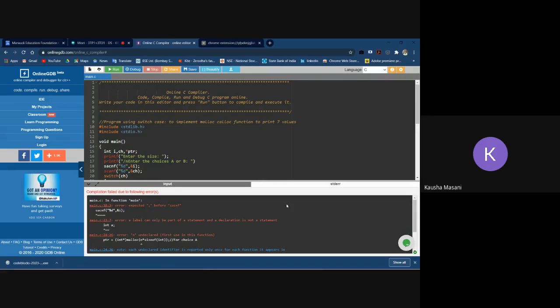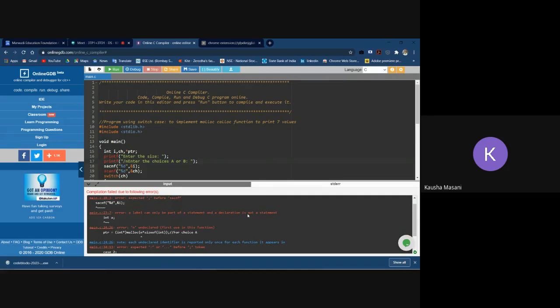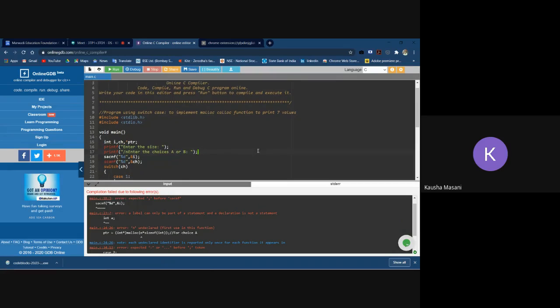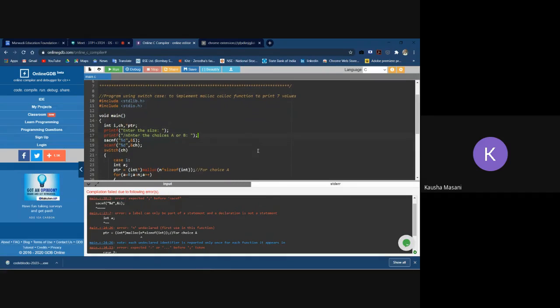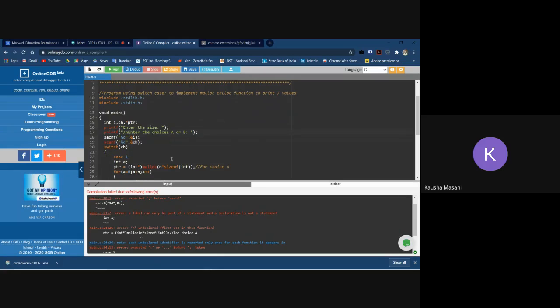Comma before scanf. Your second printf statement. Label can only be part of a statement. Declaration is not a statement. Okay. N undeclared. Where is your n? You have taken integer a.